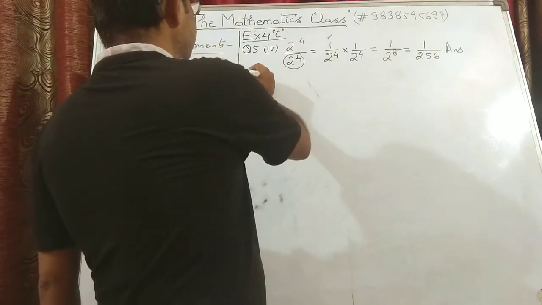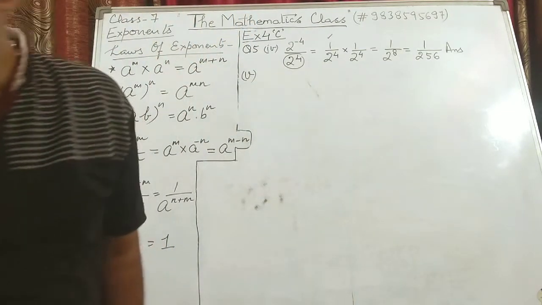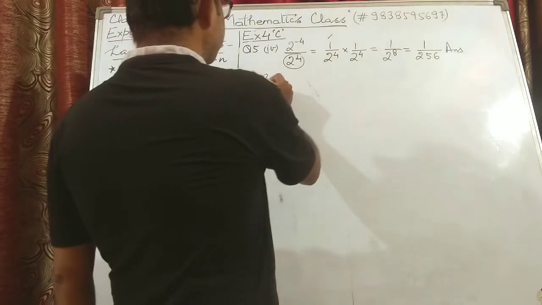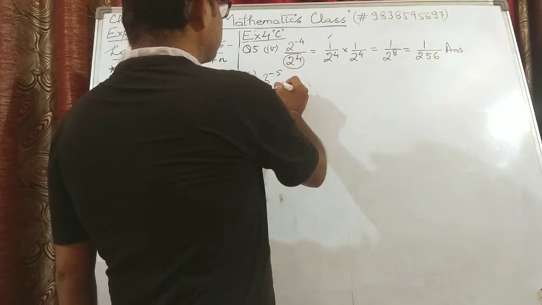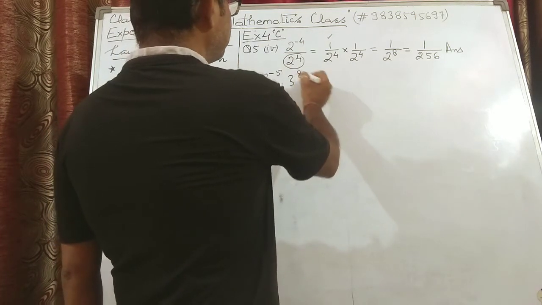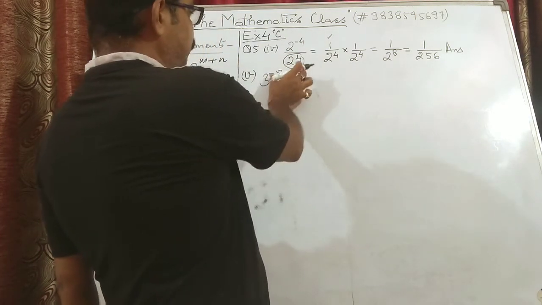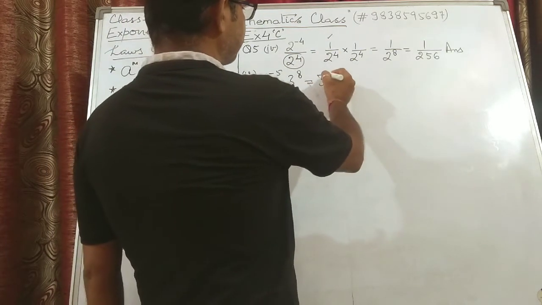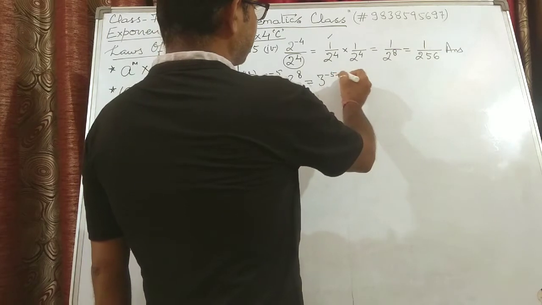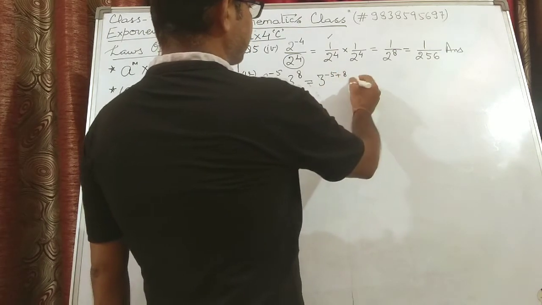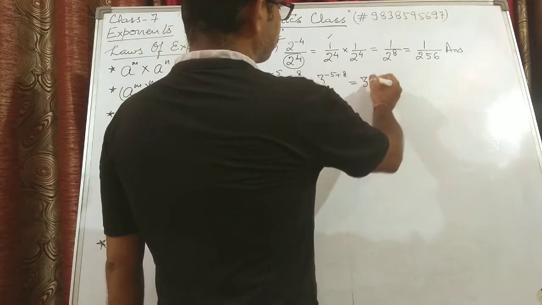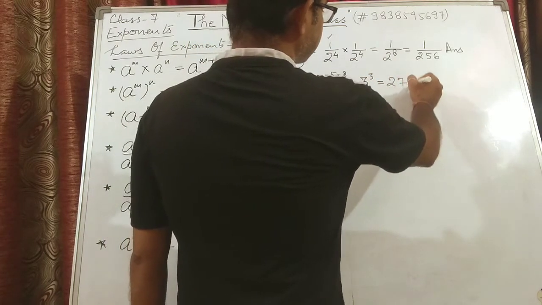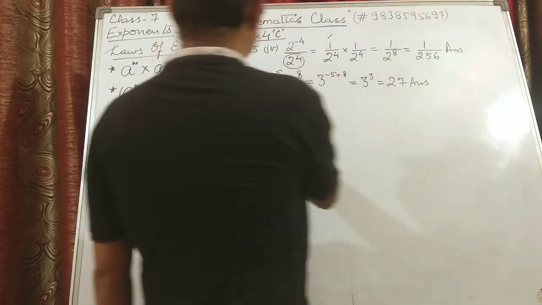Now let's see what is there in the fifth part. Fifth part is 3 to the power minus 5 into 3 to the power 8. You know, when the bases are same, powers are different, powers get added. So this can be written as 3 to the power minus 5 plus 8, or 8 minus 5. 8 minus 5 is what? 3. So 3 to the power 3. 3 3 is a 9, 3 is a 27, is the final value.